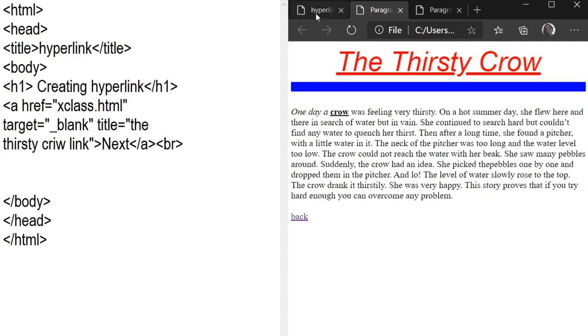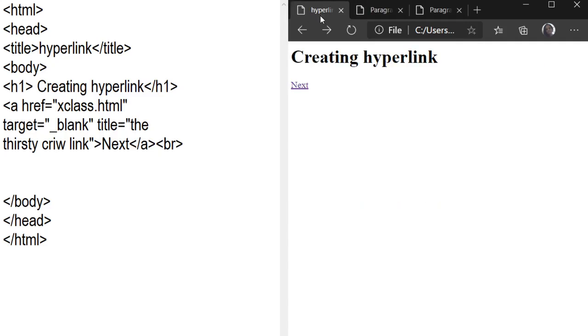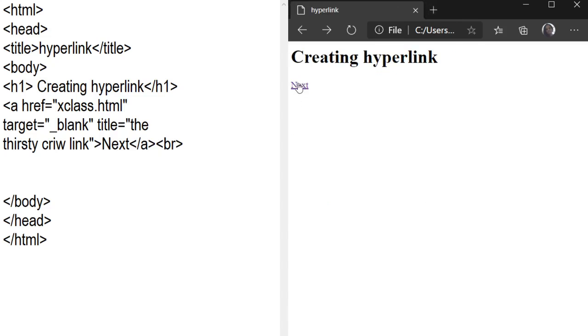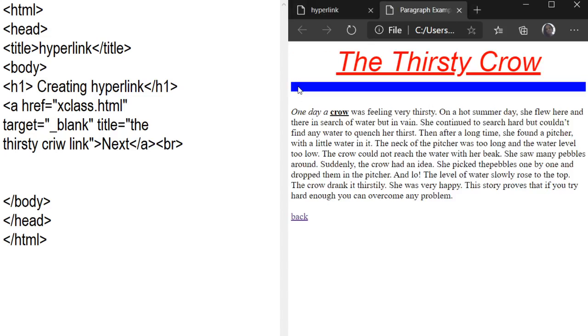So now three tabs are there: one is our file, next is the linked file, next again the linked file. Why? Because we created the target attribute here, and a new tab is displayed. Okay, so you can close these all. When you click here again, you can see the next tab will be displayed on the browser. So this is your external hyperlinking.